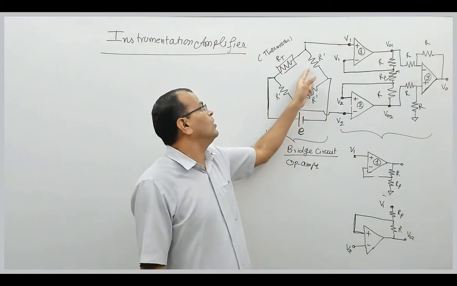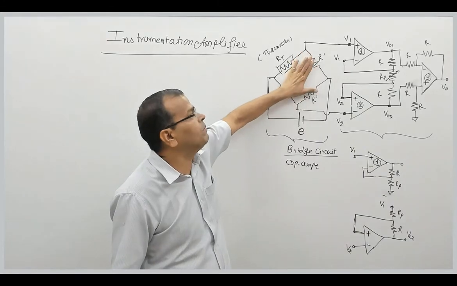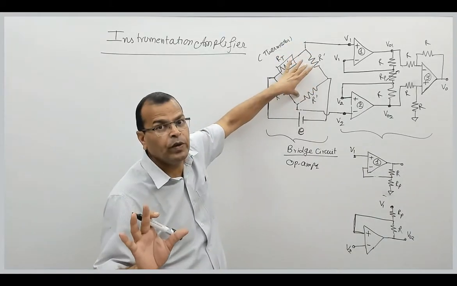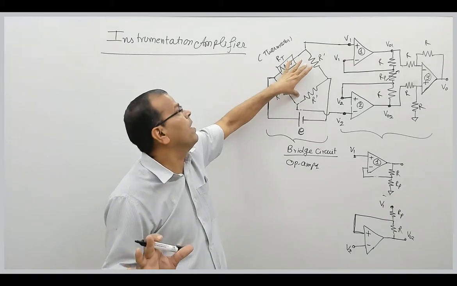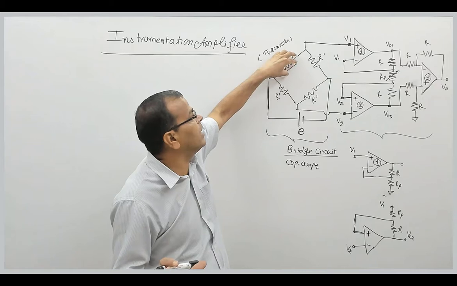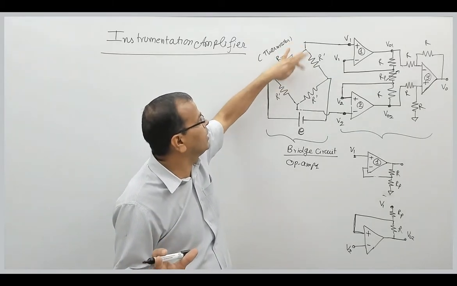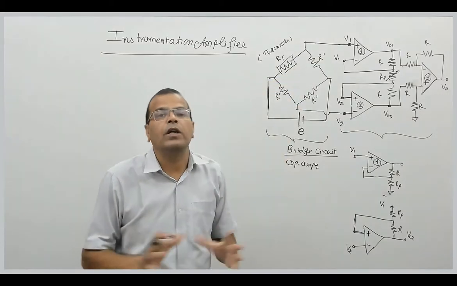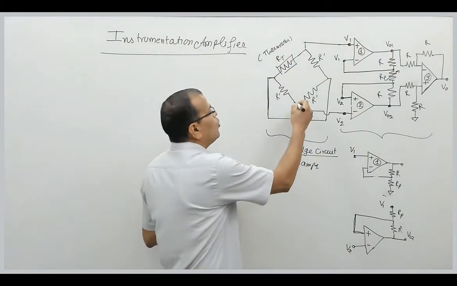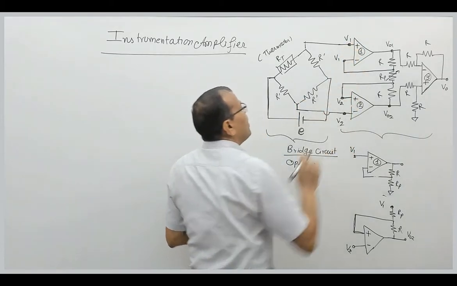So when all the resistances are the same at normal temperature, the bridge is balanced and the voltage between these two terminals is zero. But when the temperature of the process changes, this will change and that will result in unbalancing of the bridge, and there will be some voltage difference between these two terminals because of the unbalancing. And that output of the bridge circuit is connected to these two op-amp circuits.